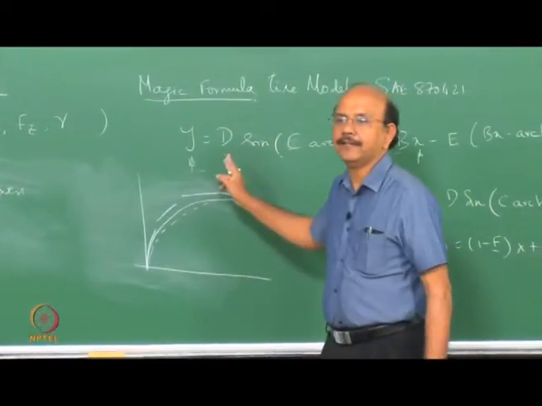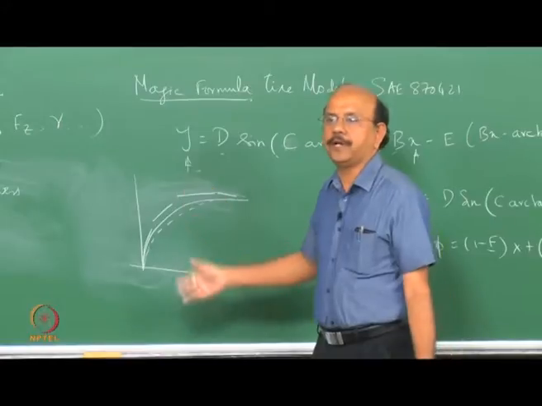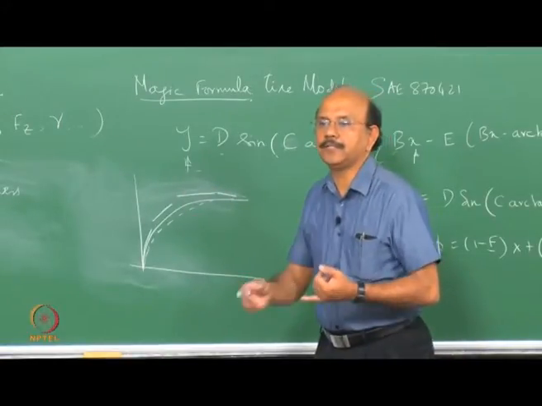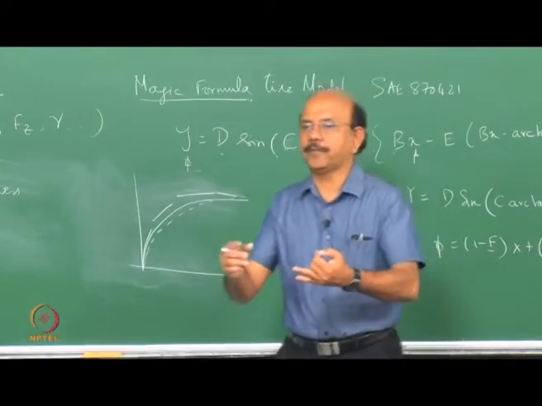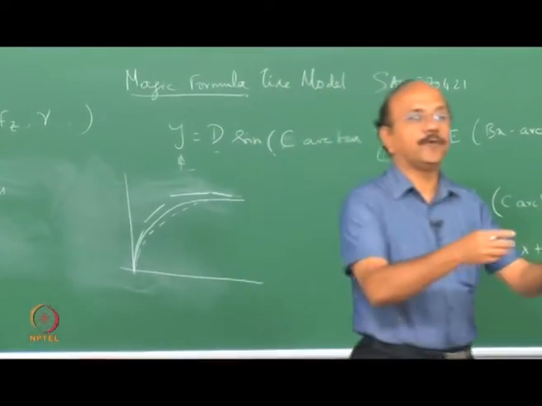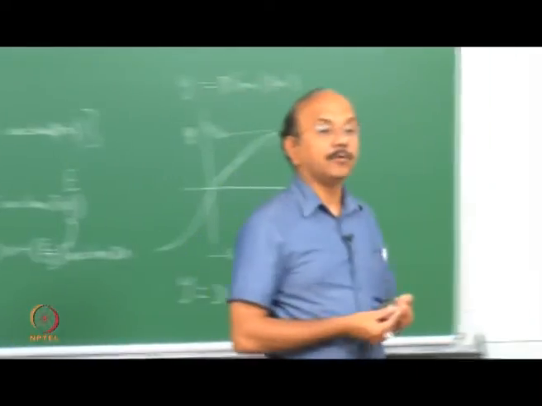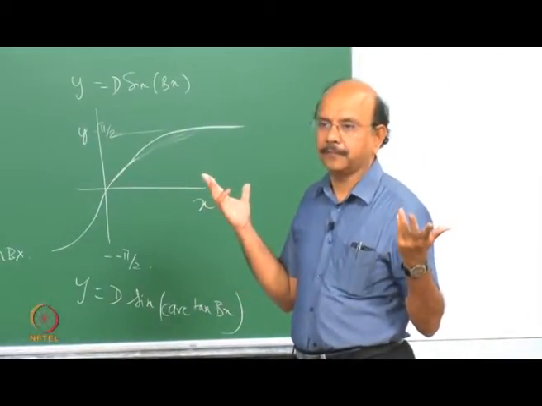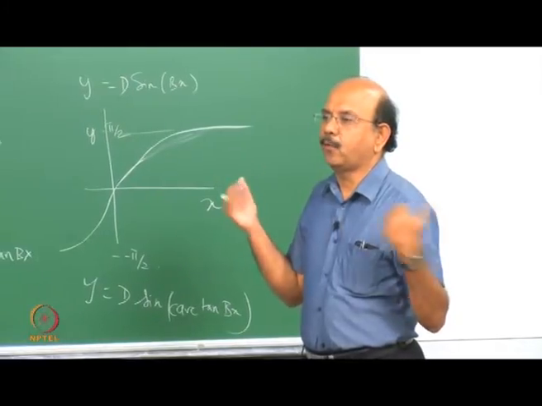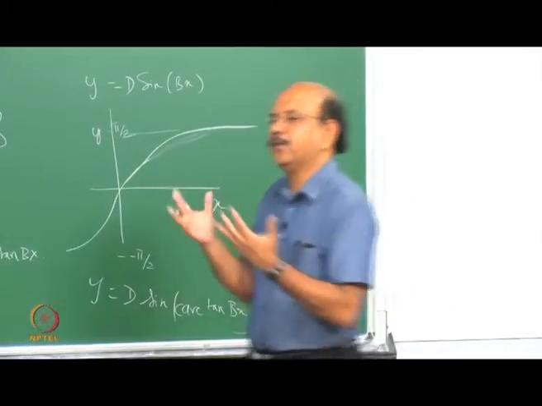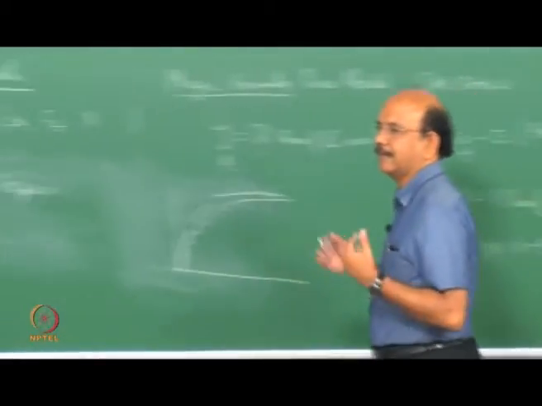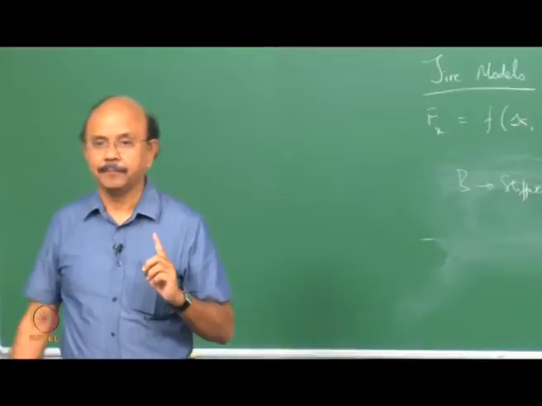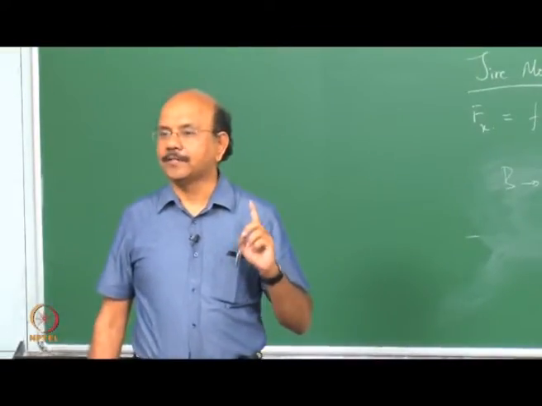First, Fy. Already I have told you that Fy is affected by plysteer. I have told you that Fy is affected by conicity. I have told you that Fy is affected by camber. Now the question is what happened to all that? What can I do? Look at the question carefully. Now, what is the question?